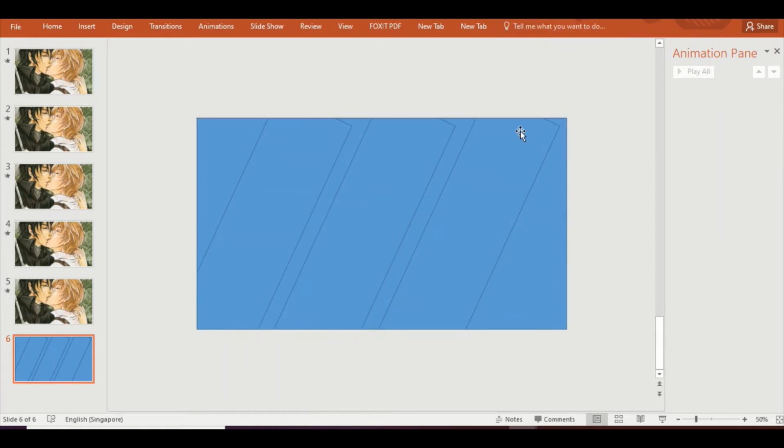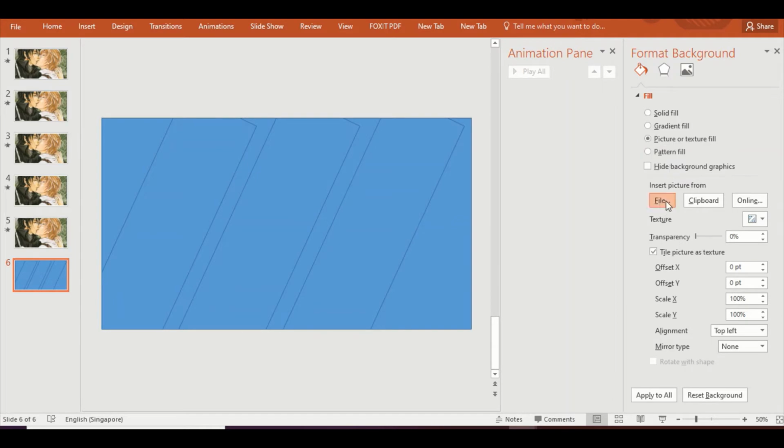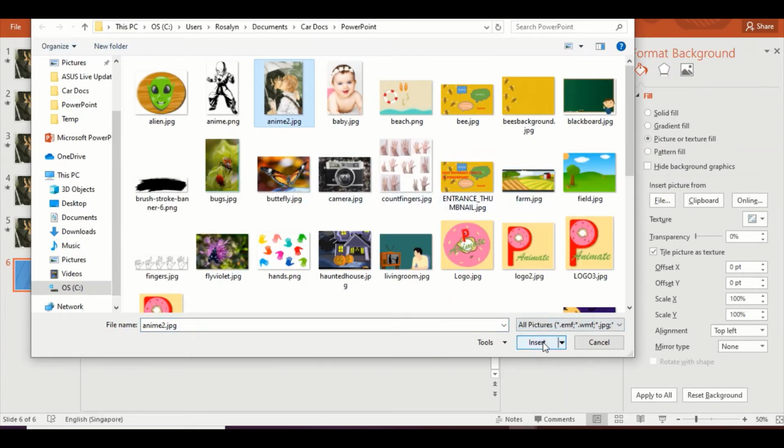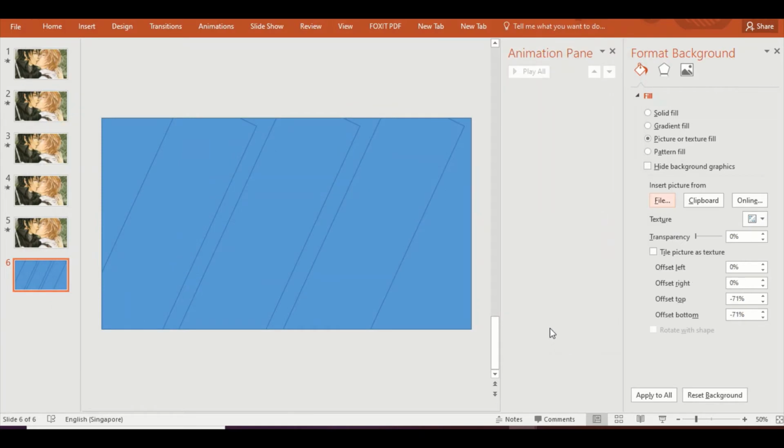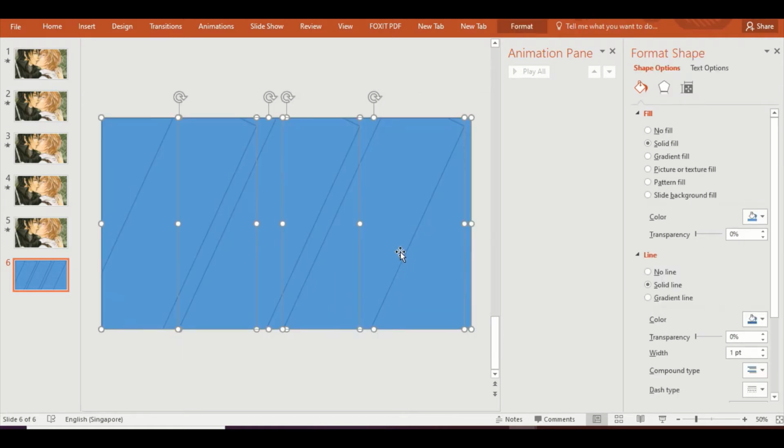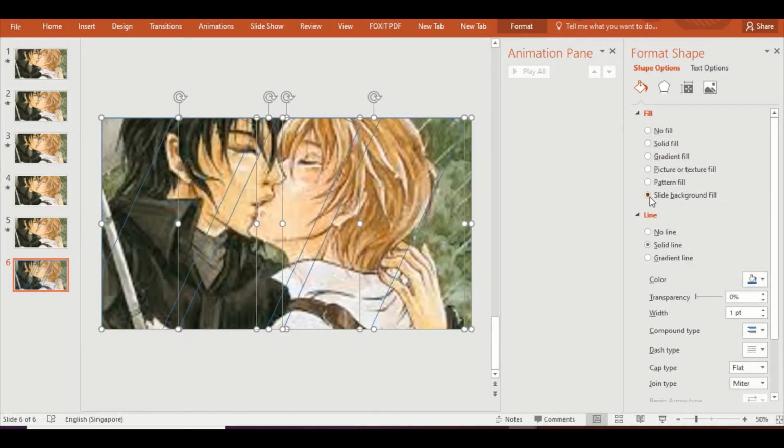and then we will be inserting the picture. So point your cursor outside the slide, then right-click Format Background, then select the picture, and then select all objects by pointing your cursor or pointer outside the slide, then dragging it down. So once you have selected all objects, go to Slide Background Fill. So here we can see the picture and the object shapes became transparent. And then once you do this,